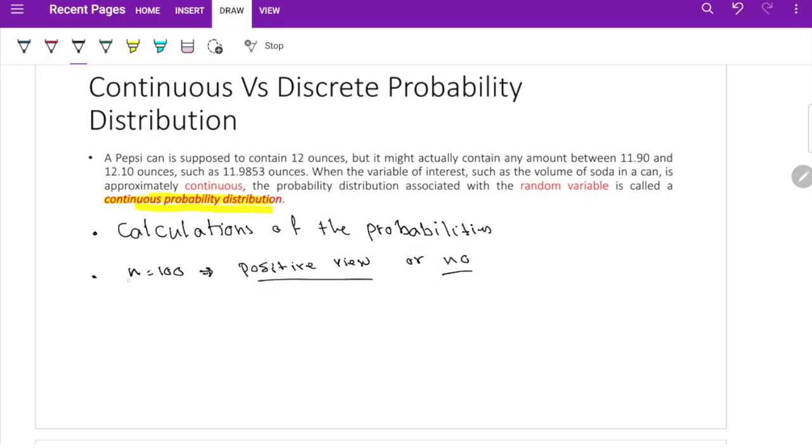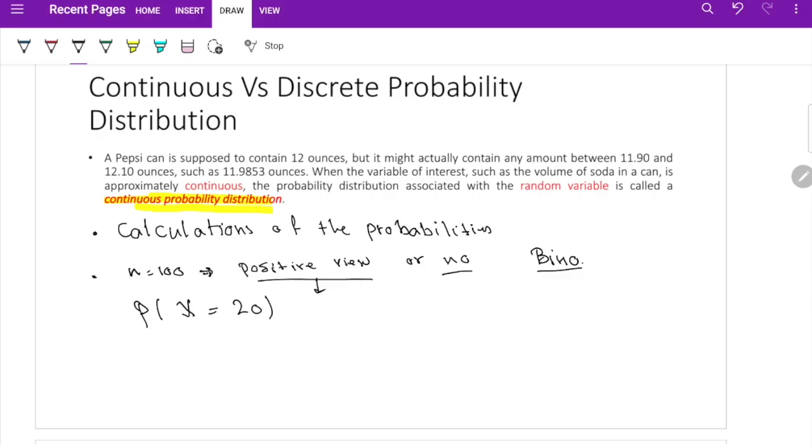So in this case, the random variable is discrete, right? If we care about the number of people who have positive views, it varies. It's going to be between 0 and 100, right? If we choose our variable to be people who have a positive view, then the random variable is going to take values between 0 and 100. Then if I ask you, what is the probability of x equals 20? We can use basically here the binomial distribution,